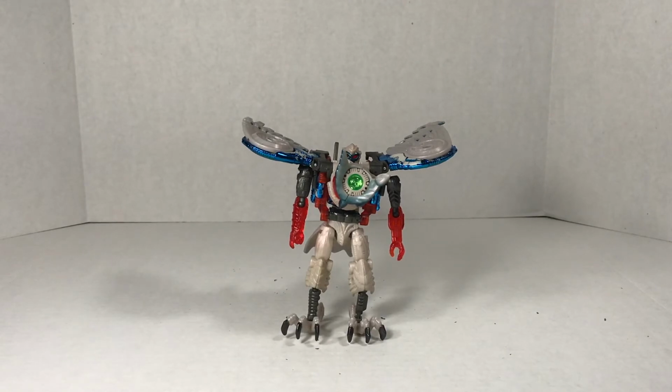So, warning to you all, if you are looking to get this toy, make sure he doesn't have a chrome shedding problem. I knew there were problems with Transmetal Rattrap. I got one that had a reasonable amount of chrome damage to it, and I didn't realize when they said chrome flaking or chrome shedding, they literally meant chrome shedding. This thing is shedding like my cat. Look at all of that. That all just fell off during the review. All of this right here, the stuff over there,